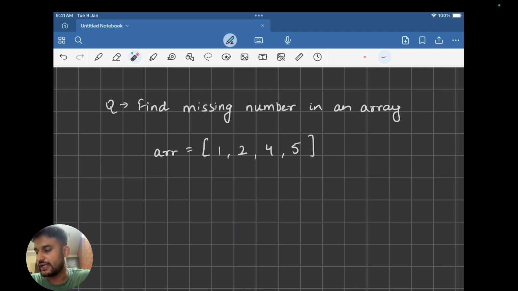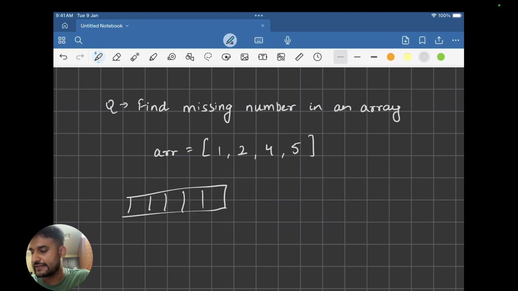The first solution that might occur in your mind would be, let's say there are n numbers given to us in the array, right? We just have to find the number which is not present over here. Maybe I can create another array of the same size, and it is going to have 1 2 3 4 5, all the elements till n. Maybe we can iterate over this array,